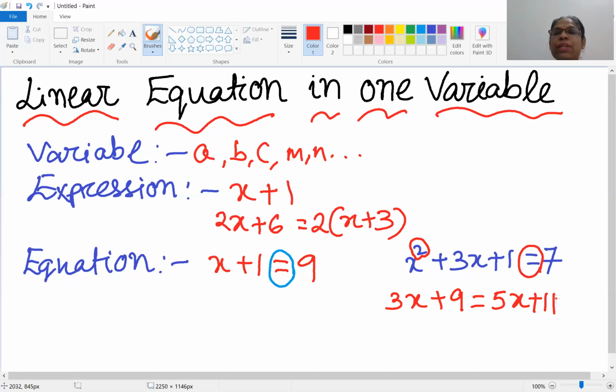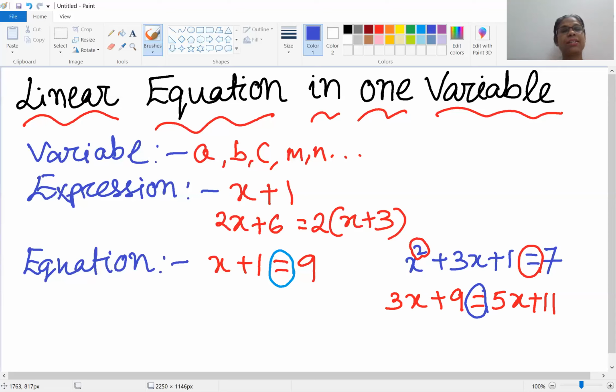Is it an equation or an expression, or what kind of equation is it? Yes, you are correct. This is an equation. It has a variable x and it is separated by an equal sign. It has an RHS and an LHS, and I can find out the value of the variable x here.